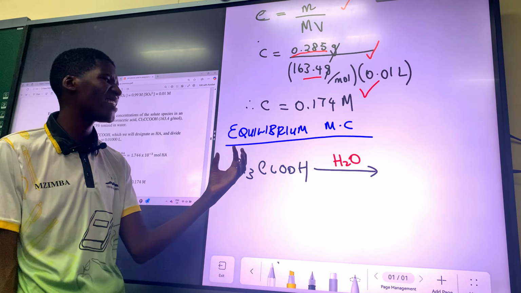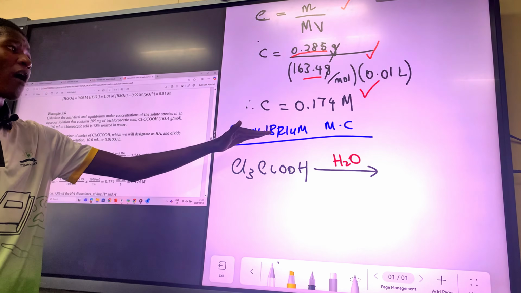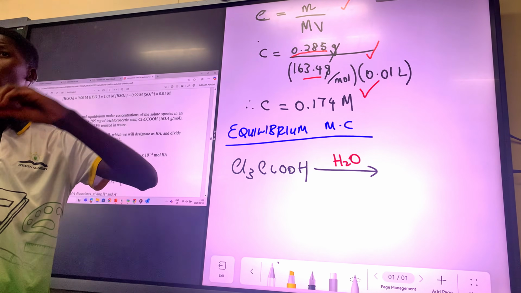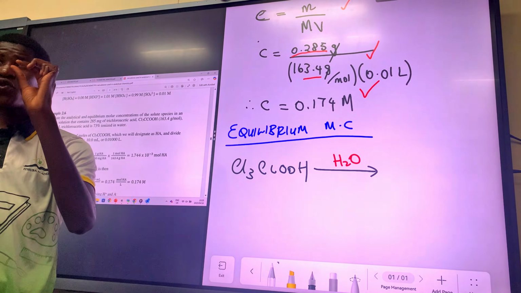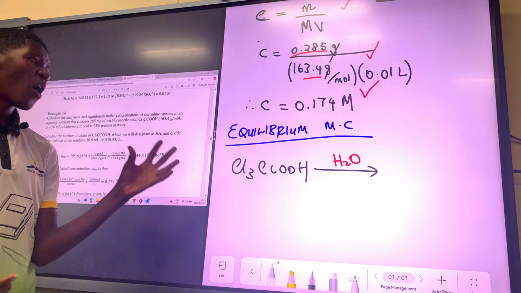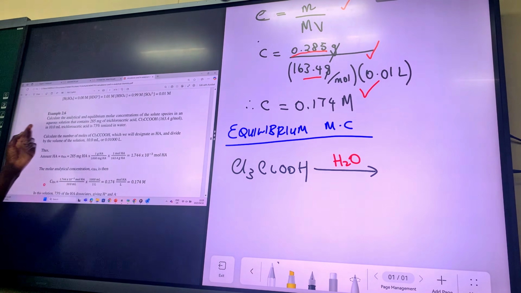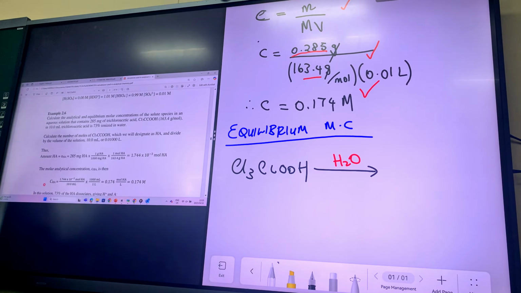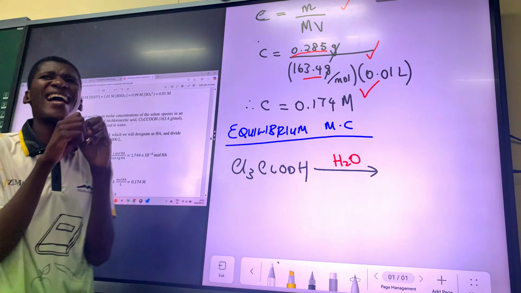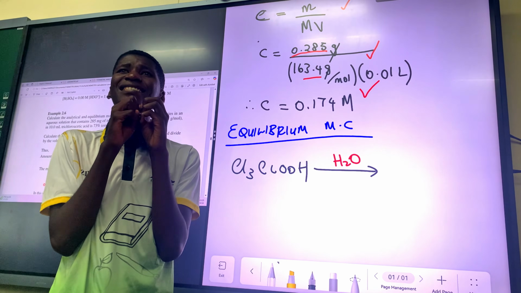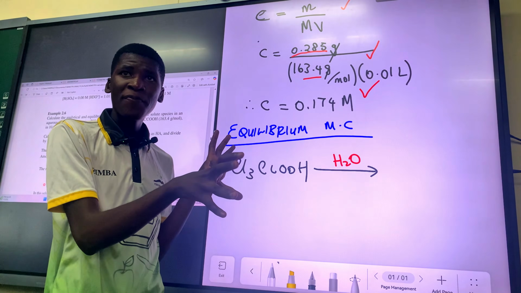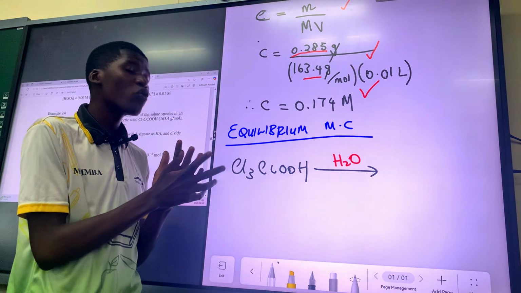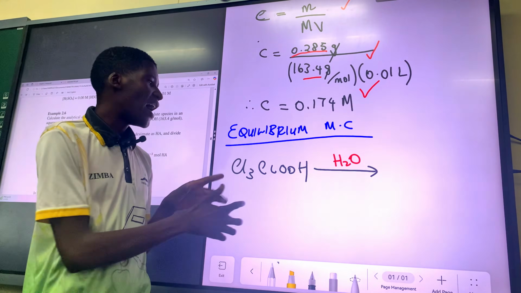You know it from high school. A strong acid ionizes completely. A weak acid ionizes partially, not completely. So now the fact that they've said this is ionized 73% in water means that it did not dissociate completely. It didn't separate or ionize into its elements completely. So it means there is some remaining which has not been ionized.